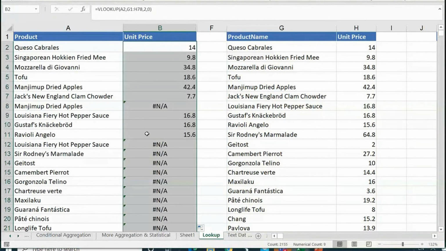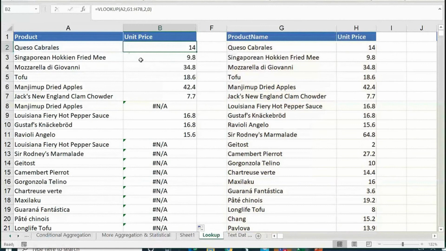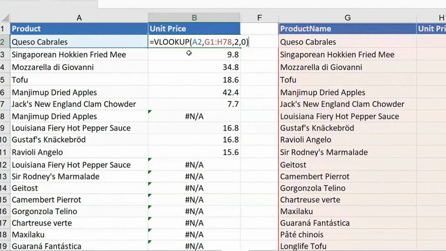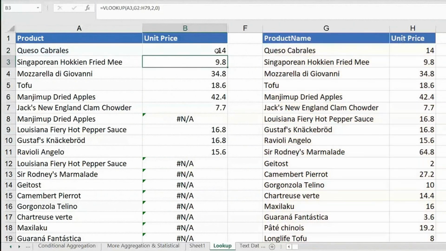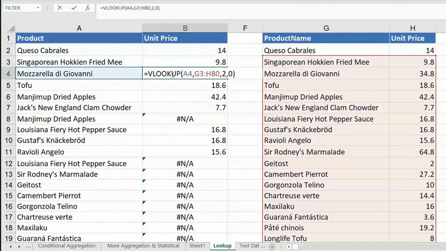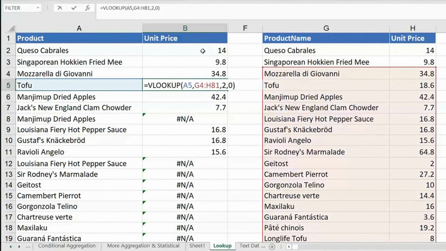Some of you got this problem, right? People who know VLOOKUP, somebody said they didn't get it. One of the reasons might be this. We got errors for so many, some for this. See what's the problem here? G1 to H78. When you take only the range, when you go to the next cell, the range shifts. Look at this. G1 to H78. When I go here, it is reading G2. Next cell, G3. Next cell, G4. What's happening here? When I copy my formula, my range is shifting down.